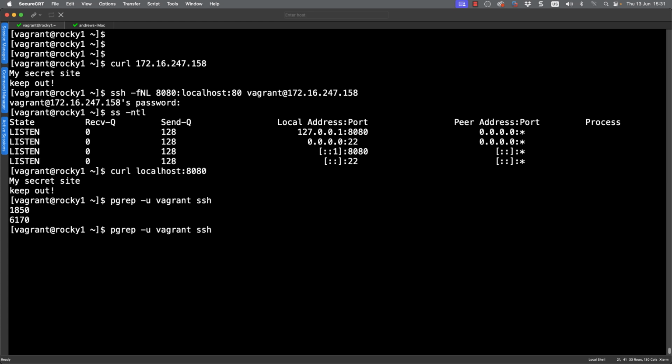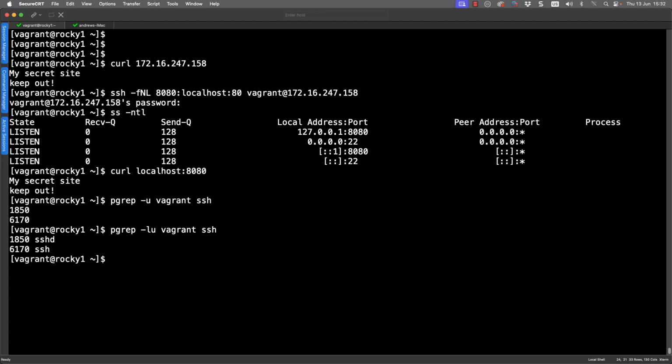But if I look for a little bit more detail, I can specify a longer listing. So I'm just putting the l in front of the u, and we can see one is the sshd connection. So this is more managing my client connection as I've connected into the Rocky 1 system. But my client connection out is what we're seeing in 6170.